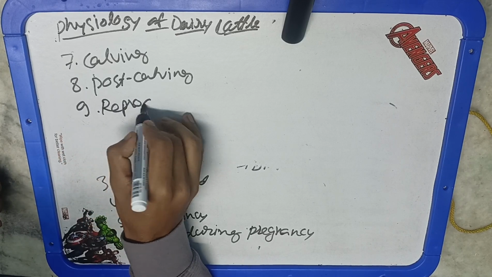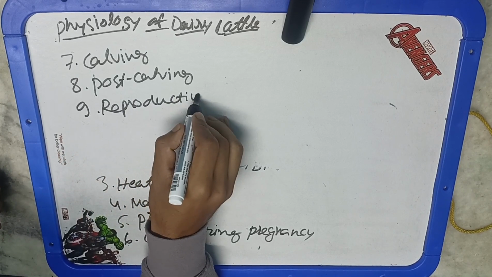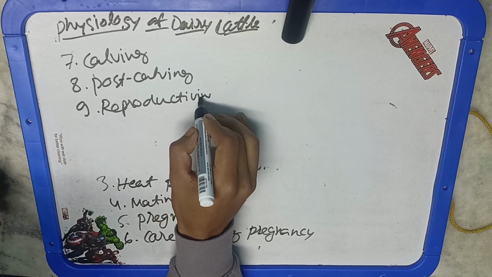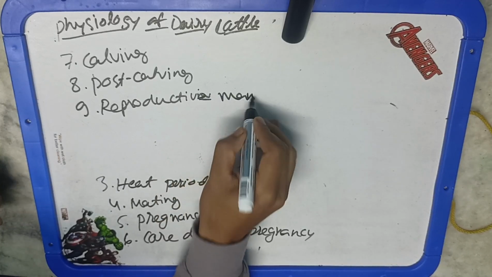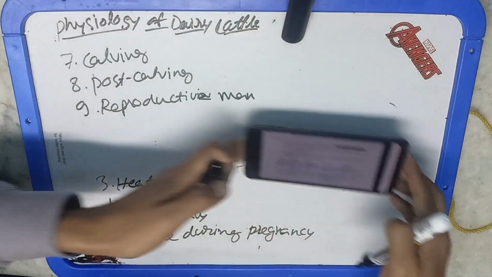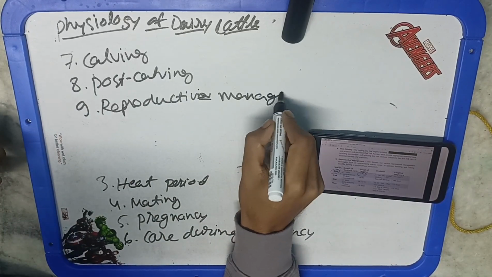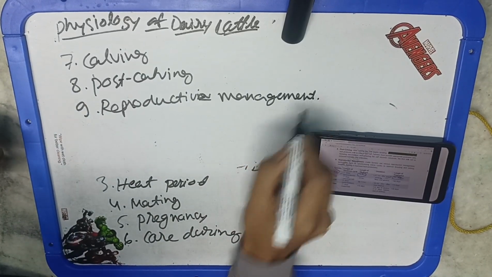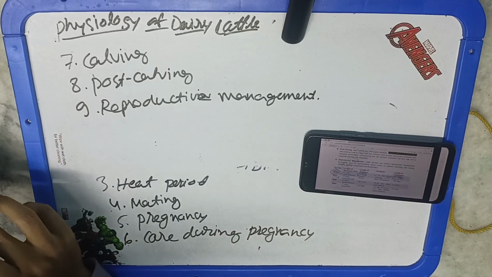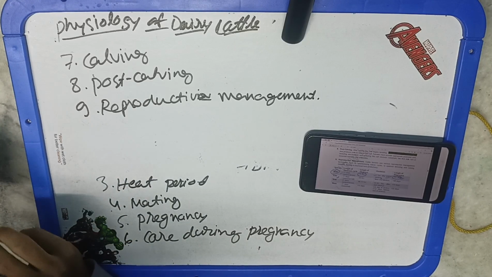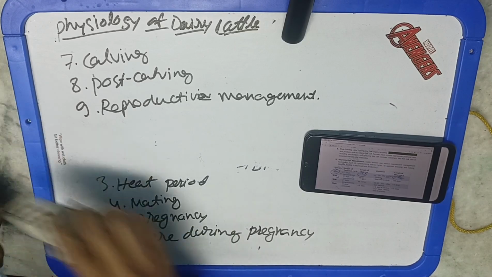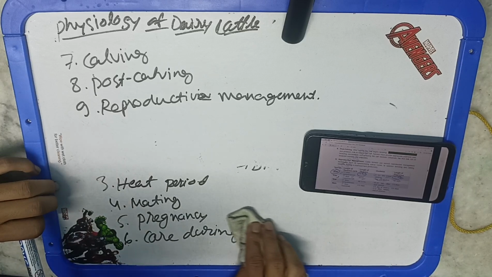So this table is again important. This table consists of these things: cow species, 21 days of estrus cycle, length of estrus 18 hours. This is the heat period. Ovulation is 11 hours after the end of estrus. And the length of pregnancy, this is the gestation period, is 282 days. For the ewe, now you can understand ewe is sheep, 17 days, 29 hours of estrus, ovulation near the end of estrus, 148 days.